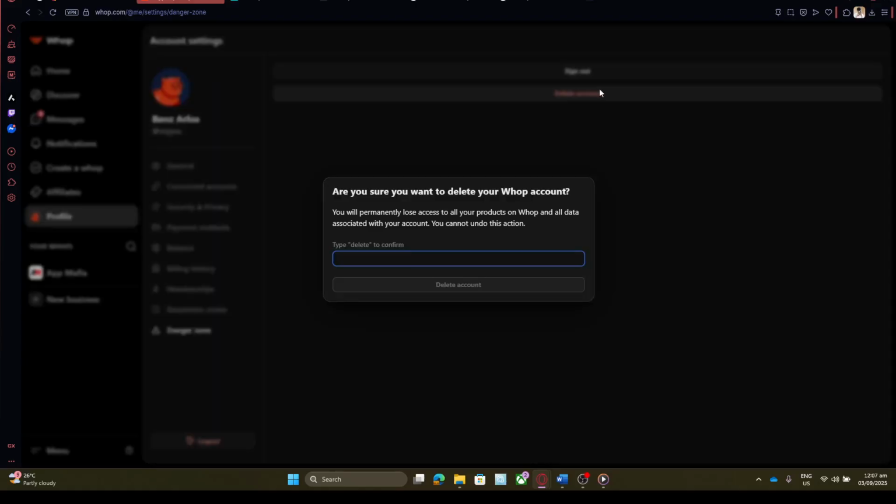A word of advice here. Before continuing, please make sure you have backed up any important data or information you might need later, because post-deletion, recovering this data will be impossible. Once you've confirmed that you indeed want to proceed with the account deletion, you're asked to reaffirm this choice. Whop.io makes sure you really mean it. On the screen,